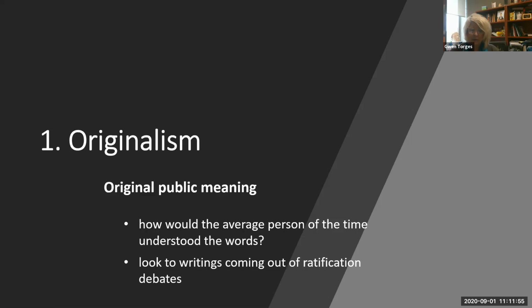So these sometimes went on for months where they were discussing what they thought it meant. And so one of the things you might also look at is what newspapers were writing when they first read the Constitution and said, oh, look what they did here, to see how they understood it. So again, originalist theories say it means now what it meant then, and then it gets refined to it means what they intended it to mean. So you look at what the authors themselves said it meant, or original public meaning, which is you look to the average person at the time, what they wrote and said about it, and see if you can determine how the average person understood it.